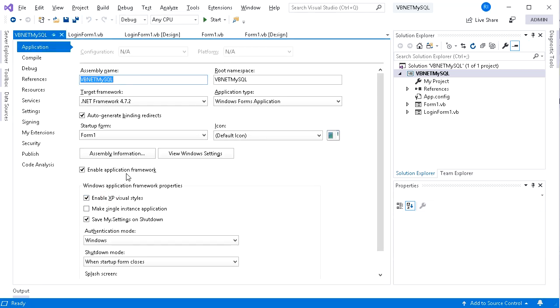On this part, the startup form is Form1, so change it into LoginForm1. Then on the shutdown mode, choose When last form closes, which means the application will terminate after the last active form is closed. Save and start the debug.